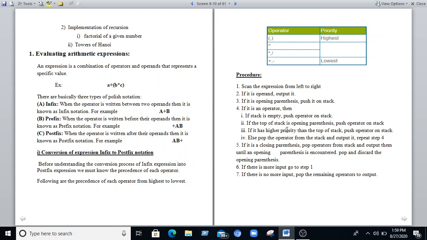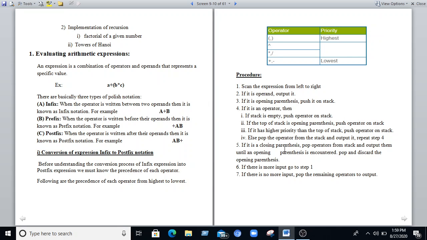If the top of the stack is an opening parenthesis, then we'll push the operator on the stack. If it has higher priority than the top of the stack, push the operator on the stack, else pop from the stack and output it.